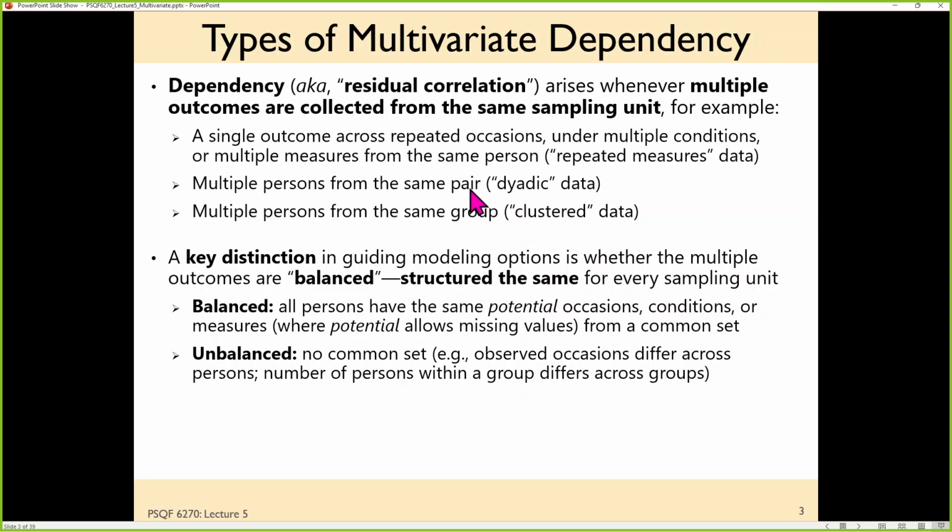So situations in which this would apply, repeated measures data. So repeated measures could take on multiple types of forms. It could be a longitudinal study where you're measuring the same outcome repeatedly over time. It could be an experiment where you have people, say, take a test while listening to classical music, and then they have to take the same test while listening to Metallica, and then they have to take the same test in silence, something like that, where the conditions are happening repeatedly to the same person within